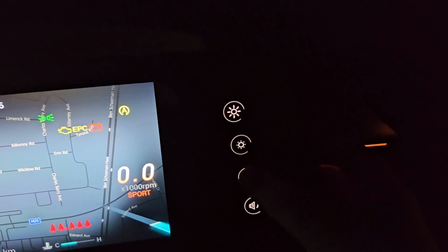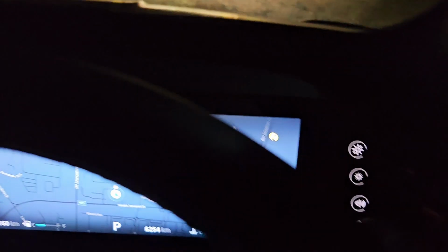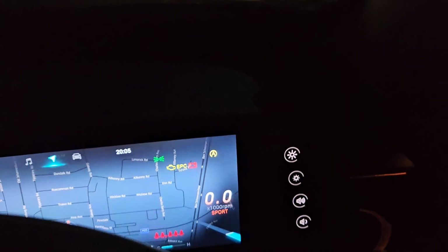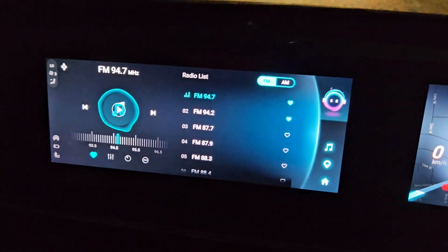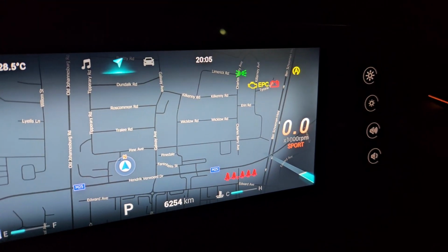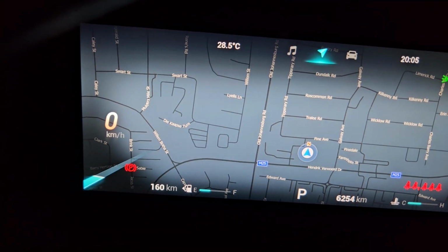If you press this one over here at the top, you can see your volume going up. If you press the bottom one, that's for the volume down. And this is actually on the screen itself, so it's a little weird. But I suppose if you want to change it without having to use the steering wheel, which I don't see why, because you can do this. And don't forget, you can still do the voice activation to tell her to put the sound down. Then you've got the two buttons above it. So let's go back to this one. You've got the button at the top there, which, if you press it, you'll see it actually changes the